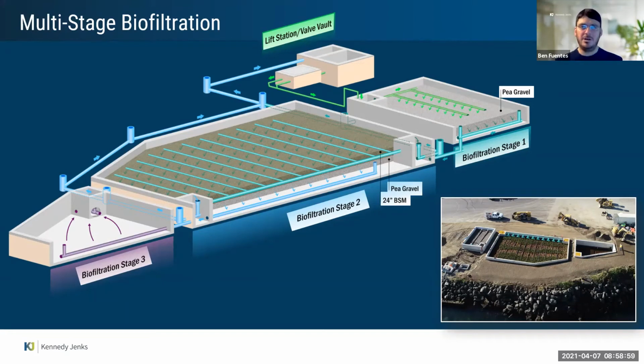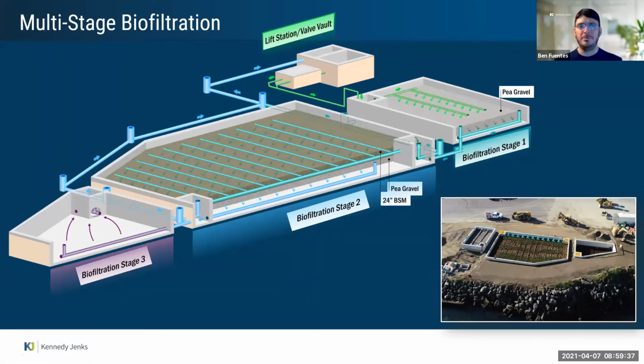But yeah, so back to this screen here, stage 1 is a front end pre-treatment for heavy solids. Stage 2, that's where you're doing the bulk of the work through a traditional biofiltration potentially. And then your 3rd stage here is the polishing step to really address those parameters that might be giving you a little extra trouble. Could be, if you're dealing with chemical oxygen demand or dissolved metals, very fine particulate that might be making its way past these 2 stages, you can dial in this 3rd stage to tackle